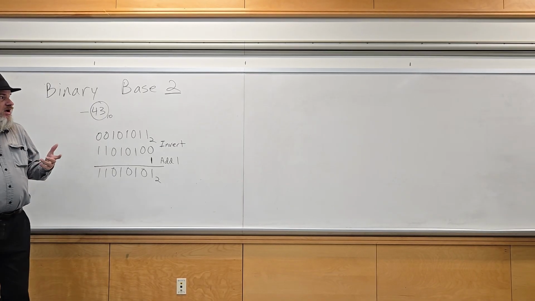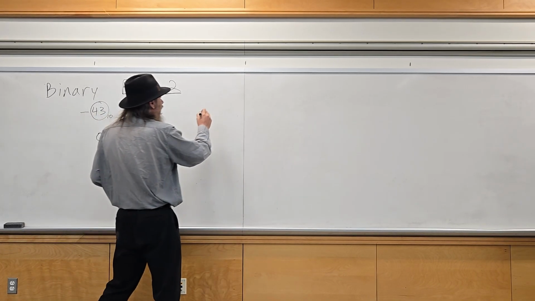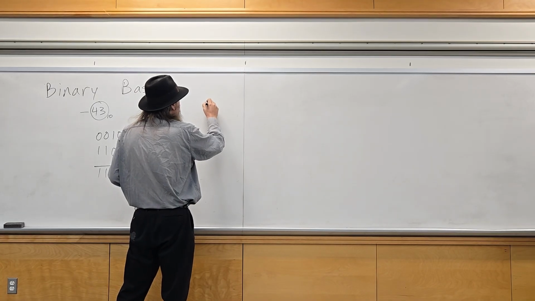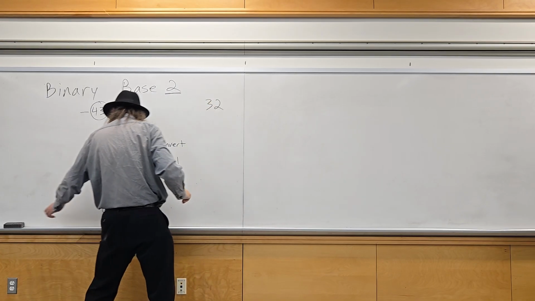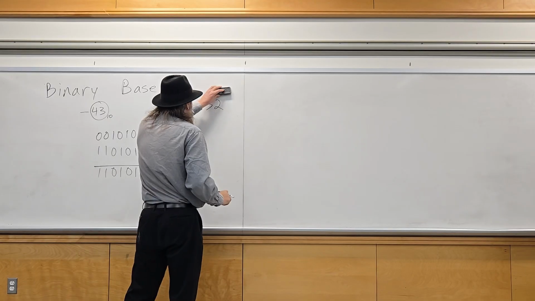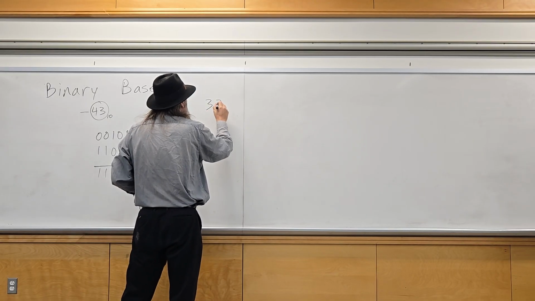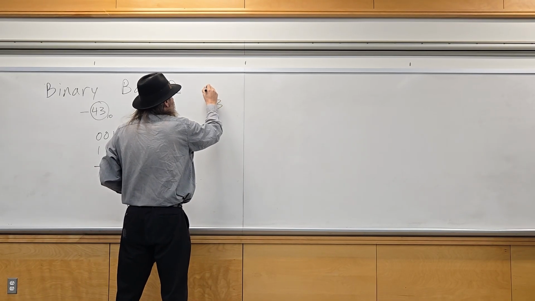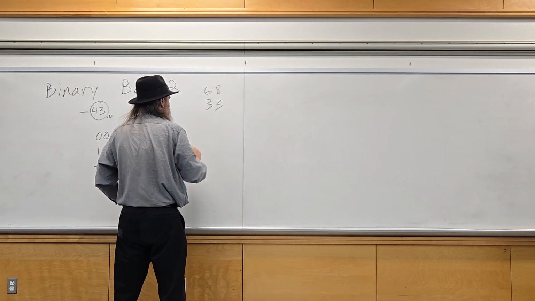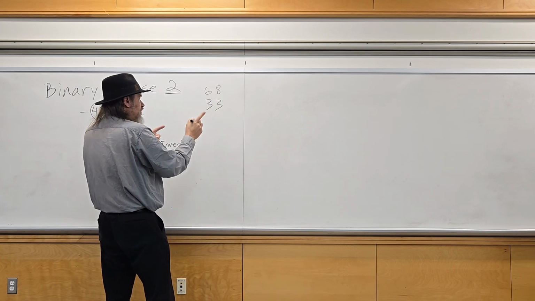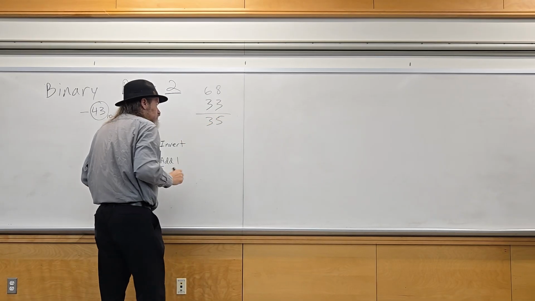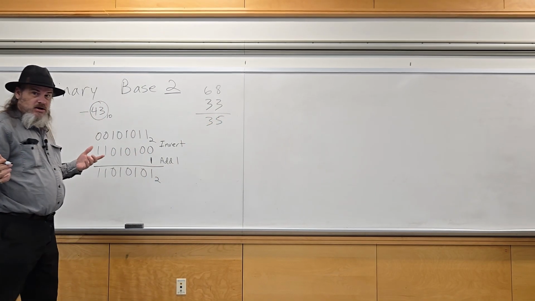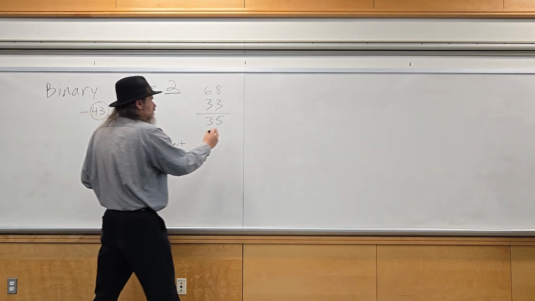So say you want to subtract 32 from, let's make it something a little bit odd, 33 from 68. Okay, the result should be 35, right? In base 10. Okay, so